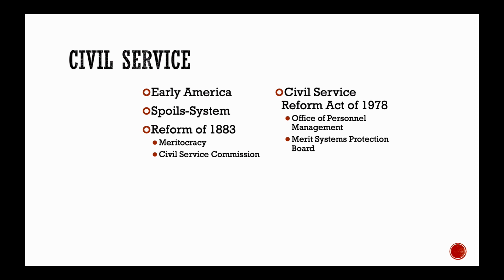So what happens? Well, over time, that morphs into more and more of the executive branch agencies are staffed by civil service. And we get to the point where the concern is largely like, well, we have all these people. How do we manage them, right? And so this is what the Civil Service Reform Act of 1978 does. It puts into place something called the Office of Personnel Management, which is actually basically like human resources for the federal government. And also the Merit Systems Protection Board, basically to give people protection of civil service.